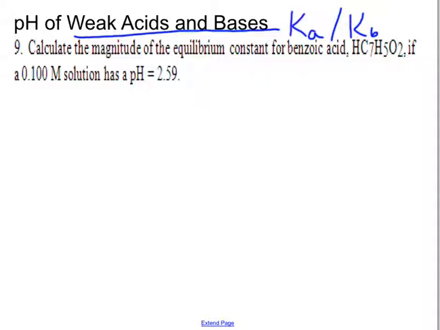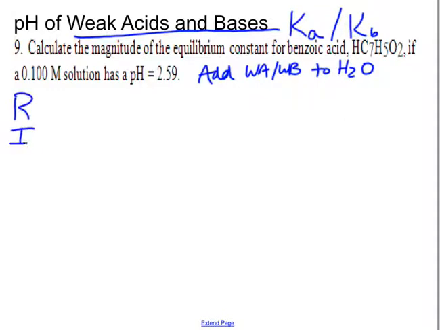Now, the one rule I do have is when you are doing weak acids or bases, I forever and always want you to add the weak acid or the weak base to water and put them in the Rice table. Your textbook, you'll see sometimes they just split it into ions and you don't add it to water, and then sometimes you have to add it to water. So rather than us deciding when to do one or the other and make things really confusing, that's just going to be our rule. You always add your weak acid or base to water and put it in a Rice table. So the only thing different from this to last unit is you have to come up with that reaction,